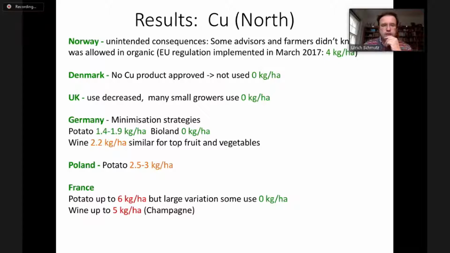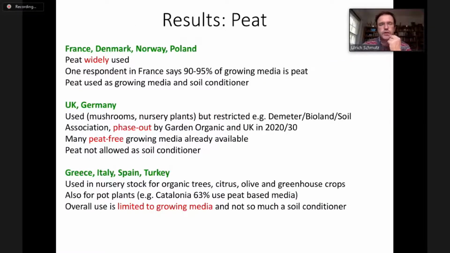Wine is still one of the bigger problems as well. And you can see the same at the very bottom here, wine use in France, especially in the Champagne region and some of the others. For the organic wine we produce, we have that problem. I'll show you some other results on